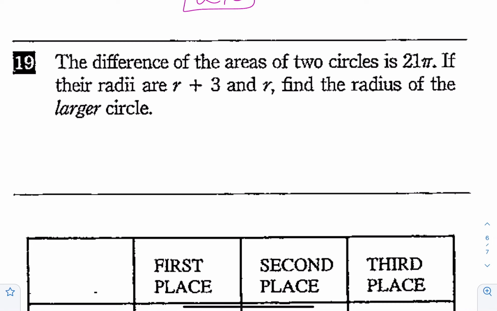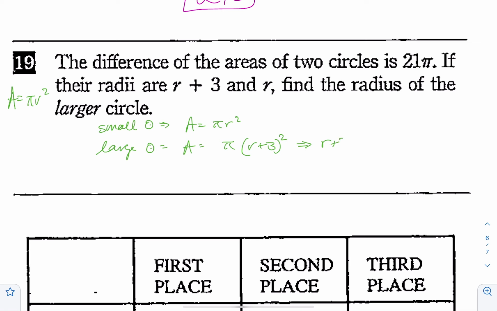Next, for number 19, the difference of the areas of two circles is 21 pi. If the radii are r plus 3 and r, find the radius of the larger circle. So here I have to use the formula for the area of a circle, which is pi r squared. The small circle has area equal to pi r squared. The large circle has the area equal to pi times r plus 3 squared, and here you have to expand r plus 3 times r plus 3, and that would be r squared plus 3r plus 3r plus 9 when you do foiling,